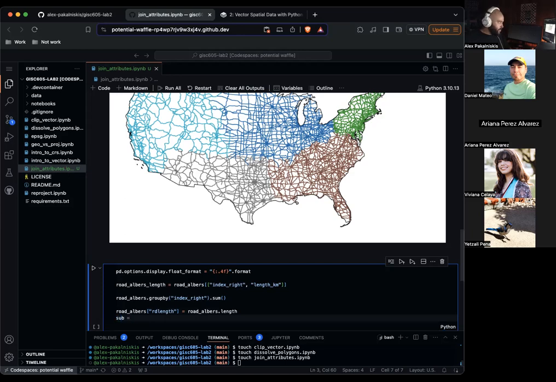Sub equals roads_albers RD length, index_right .groupby index_right .sum.